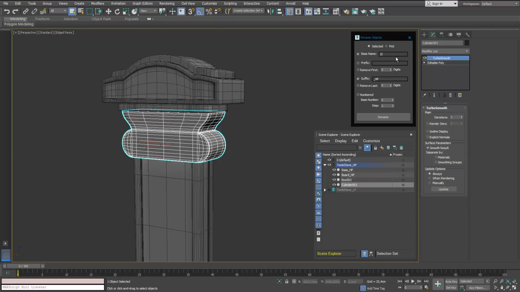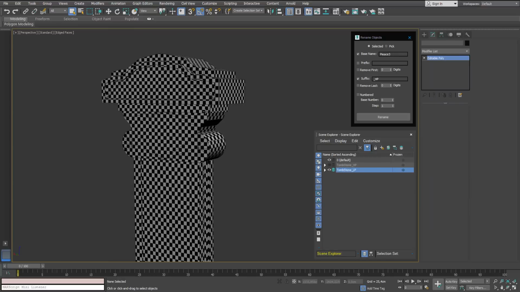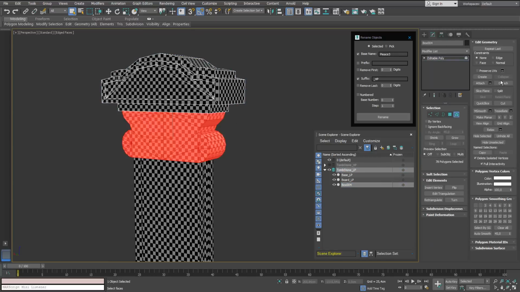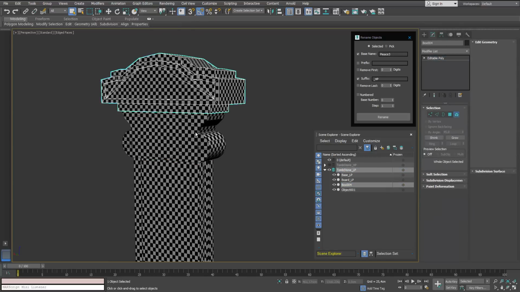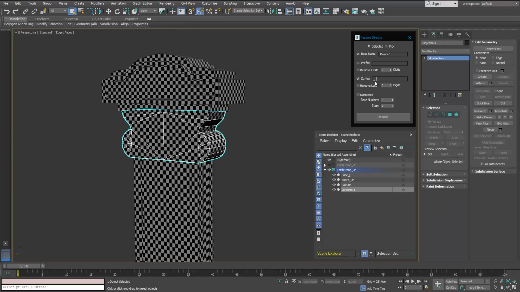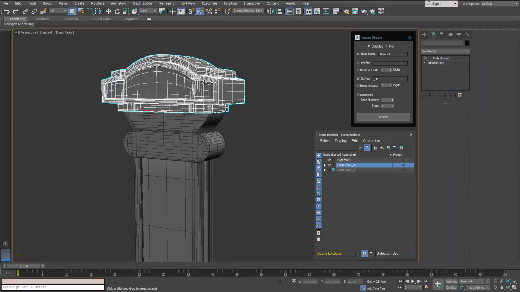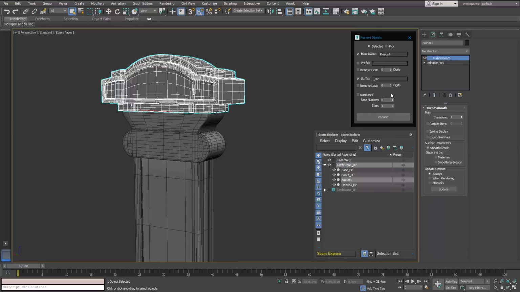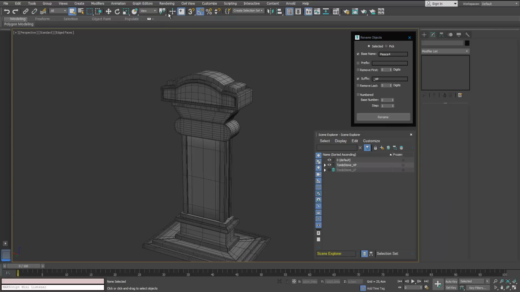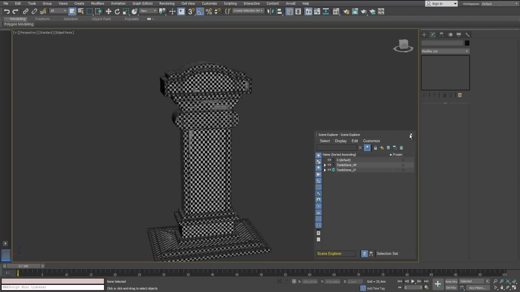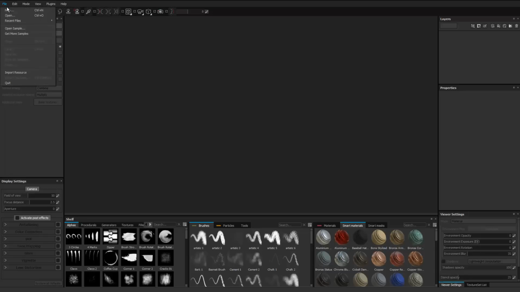Okay, you need to choose a main name, and you need to add a suffix. In 3ds Max, the suffix has to have an underscore and something, whether it be high, low, HP, LP, high poly, low poly. It doesn't matter what name you use. The only thing that matters is the underscore and something. You need to be consistent with the word that comes behind it,